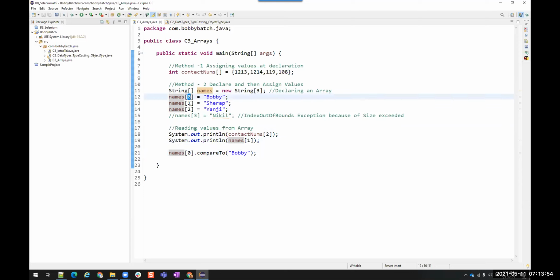Writing or reading values in an array needs an index position. If you want to read any value, you use the variable name and the index position, 0, 1 or 2. And if you want to declare an array, you can put the square braces beside the data type or beside the variable. In the string example we added the braces over the data type, and here we added them over the variable name. Both are correct. Both syntaxes are fine, no issues.